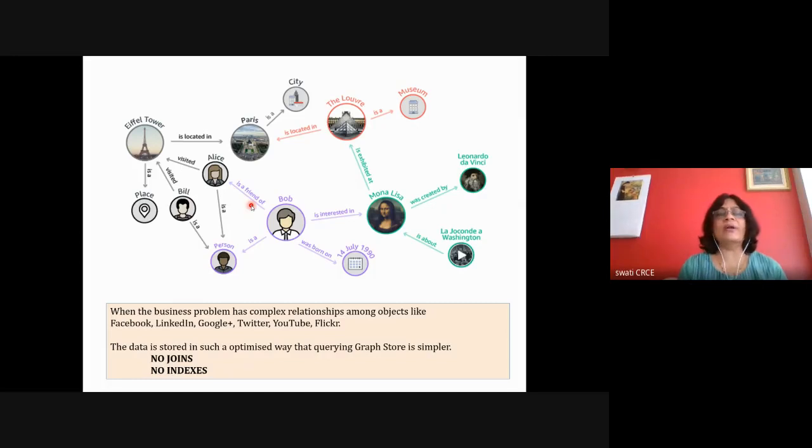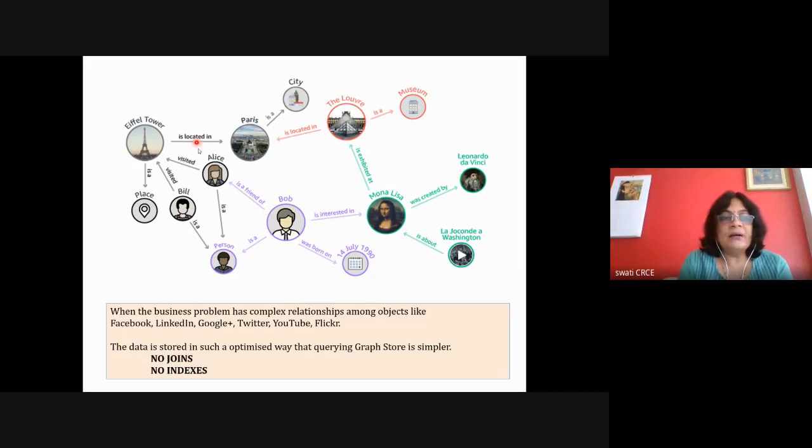I'm talking about Web 3.0, and this is just a small snapshot of such a graph which will act as a knowledge base, and we will have our applications running on top of this knowledge base. So what is this graph or knowledge base? For example, suppose there is an entity called Eiffel Tower. The Eiffel Tower information is stored in the form of a graph. Eiffel Tower is a place. It is located in Paris. What is Paris? Paris is a city.